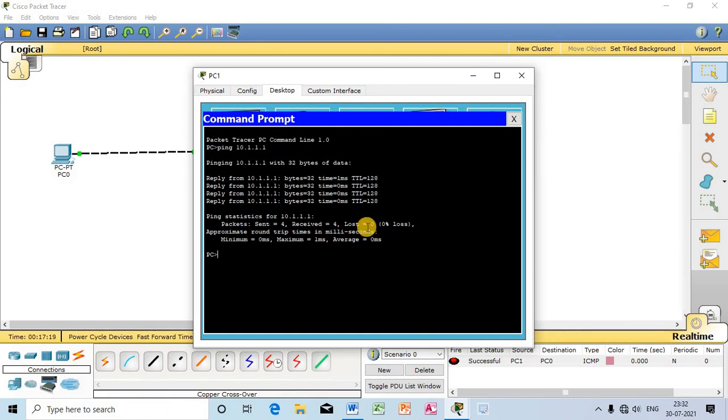No packets have been lost, so loss equals 0%. That means not a single packet was lost during this transaction. My system sent 4 packets to PC0, and PC0 successfully received all of them. You can check here that 32 bytes were sent, and the time taken was 1 millisecond.